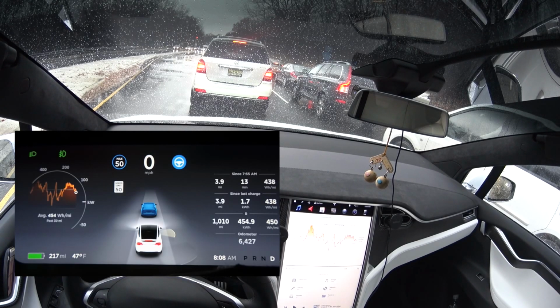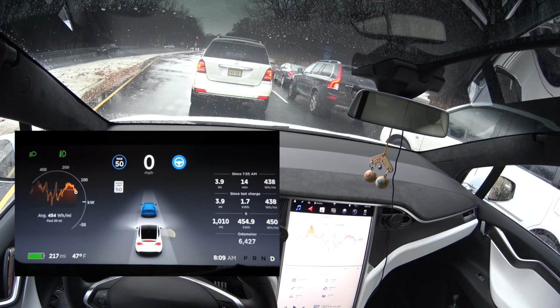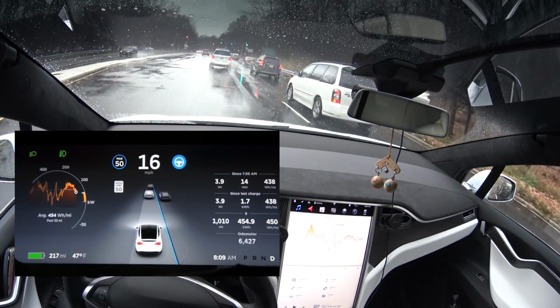So just to give you guys another update, my car has been in the shop for the last 2 weeks, and as for that stupid Falcon Wing Door issue where it's trying to tear itself apart, if you haven't seen that video, feel free to go and take a look at it. What they did was they readjusted the latch so that it didn't happen anymore at the service center. But unfortunately, when I got it back, it probably lasted 1 day before it started doing that stupid thing again. So it's still not working,